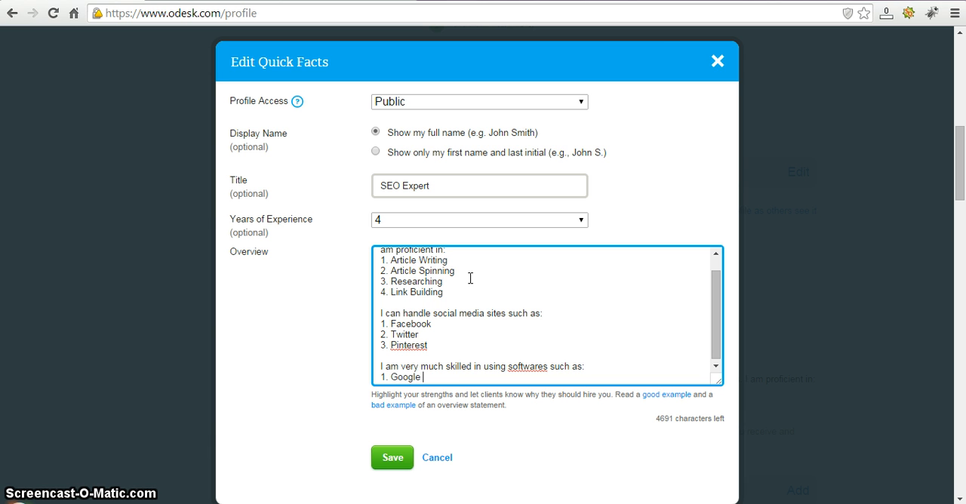Google Analytics. Although this one is not really a software, but a free report platform provided by Google to see how your website performs on the search engine. Let's say whether your traffic is increasing and so on and so forth. So I'm very much skilled in using, let's just delete the software word, using Google Analytics, keyword planner,